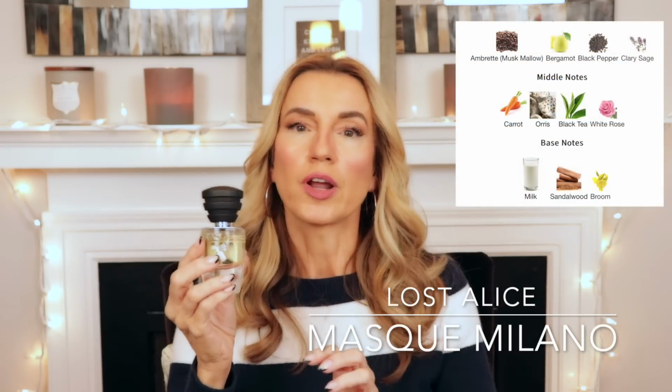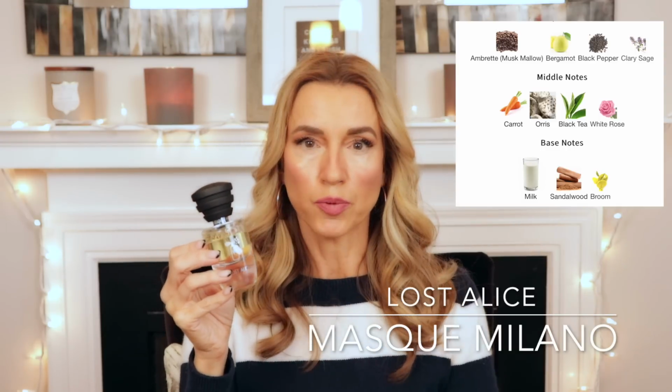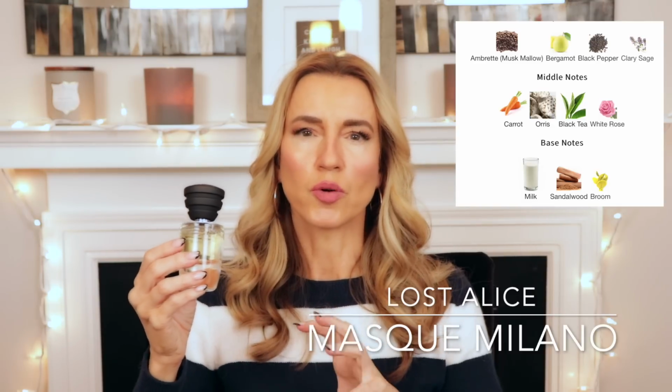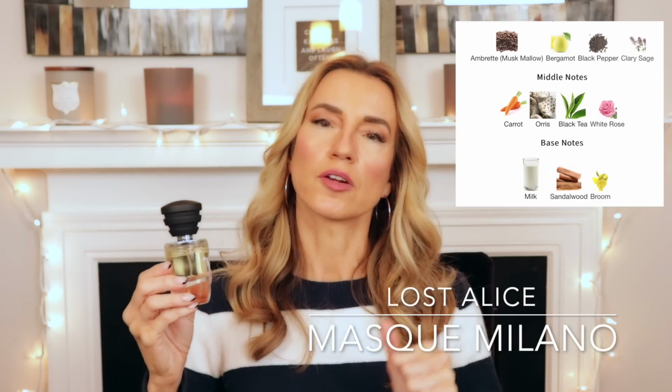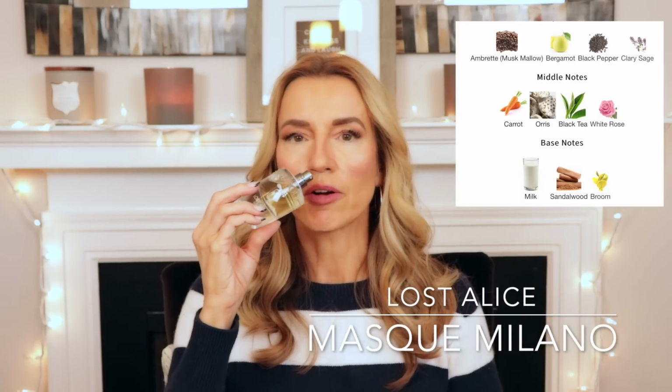So this is a very iris dominant or orris dominant fragrance. It's very vegetal because this comes from the orris root. The iris is very vegetal and root-like. So that, in addition to the carrot that's in here, so there's milk, there's carrot, there's pepper, and there's tea. So the point of view is, like Alice in Wonderland, you're sitting somewhere eating carrot cake at some